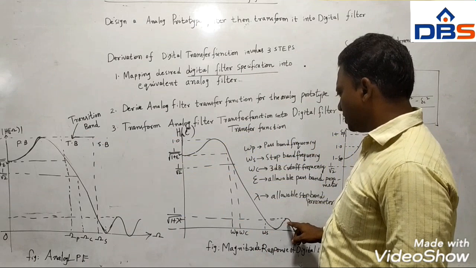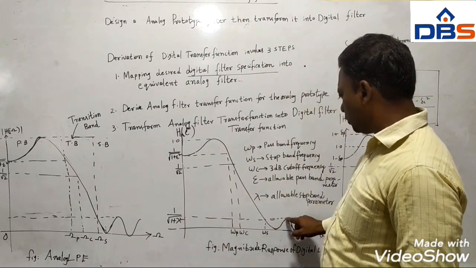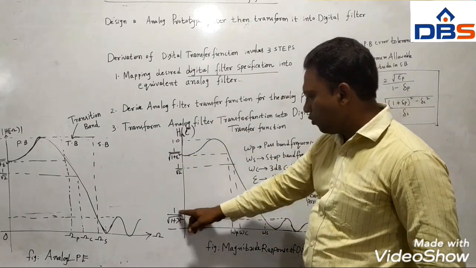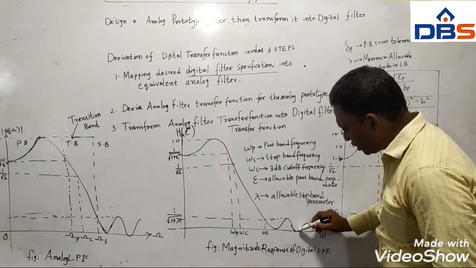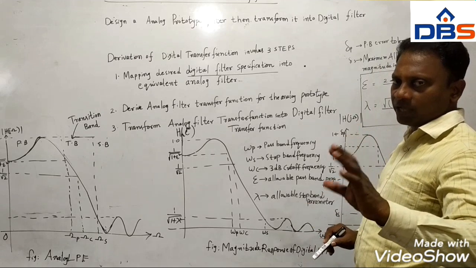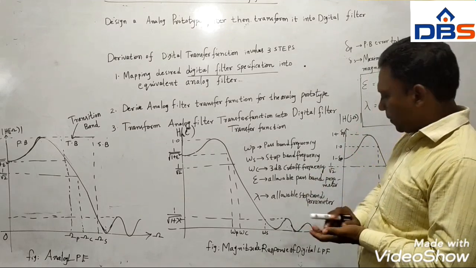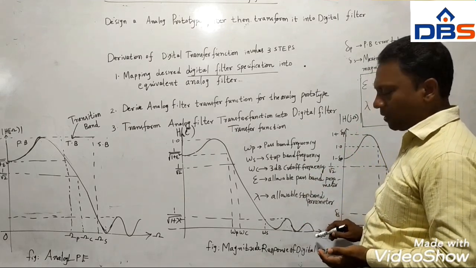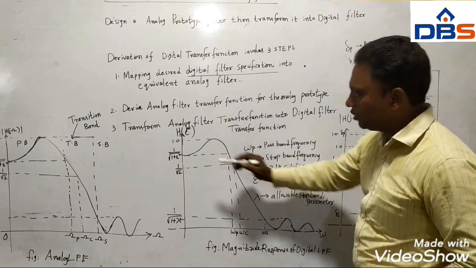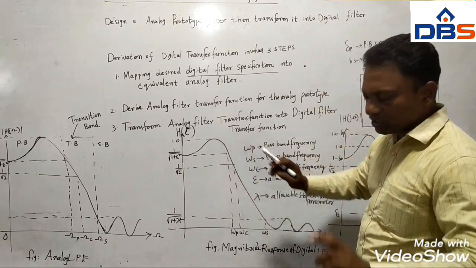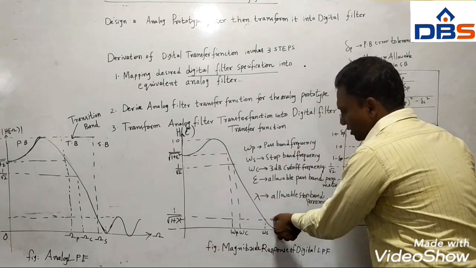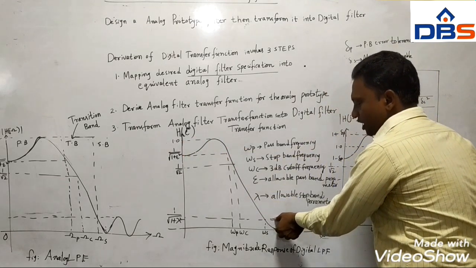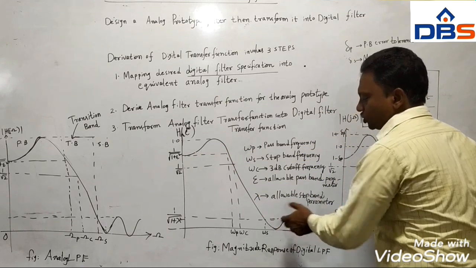Another important thing is that to define the stop band we have some range. Ideally in the stop band we must have zero magnitude, but we have some ripples in the stop band also, and slowly it is rising. So these are the ranges. This is the allowable range in the pass band, and this is the allowable ripple range and amplitude variation range in the stop band.